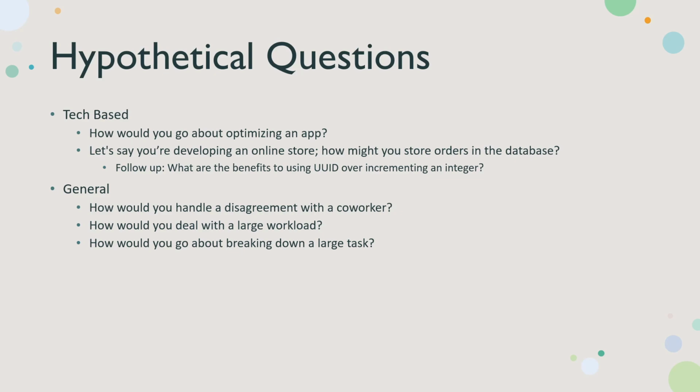How would you go about breaking down a large task? All they're asking for in these situations is what you think you would do or what you think you should do. You can bring past experience into these as well. If you're talking about the disagreement with the coworker, you say, well, in the past I had this disagreement with a coworker and it got really bad. We were unable to work effectively together, so I approached management and we had a mediation type session, something like that. If you've got experience. Otherwise, it doesn't matter. It's hypothetical. They just want to know what you think.